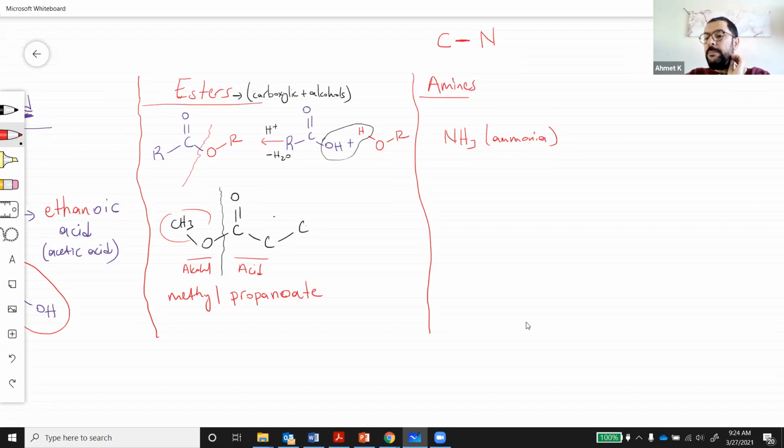This is actually what we use in bleach. If you have ammonia gas and mix it with water, that's where you have ammonium hydroxide, which is a cleaning reagent that we use. So if you look at ammonia, it's attached to 3 hydrogens, and then we have 2 lone pairs here like that. This is the simplest amine that you can have. But as you can imagine, you can technically